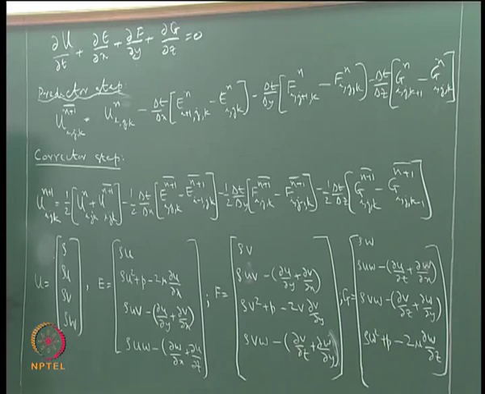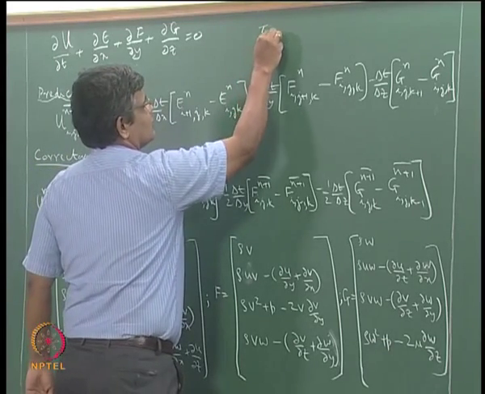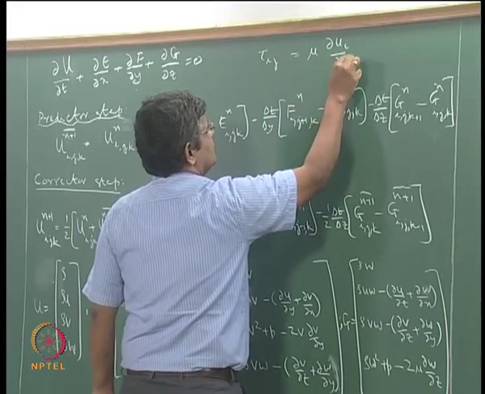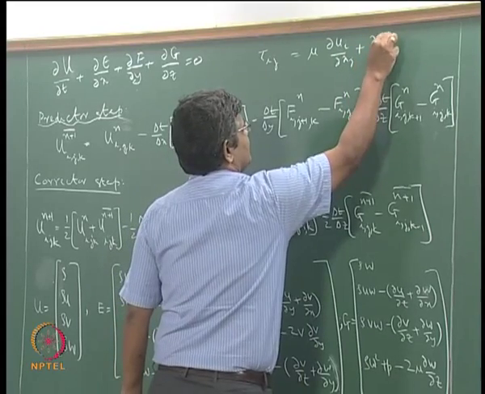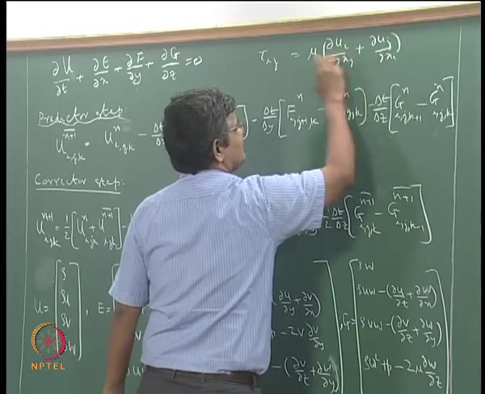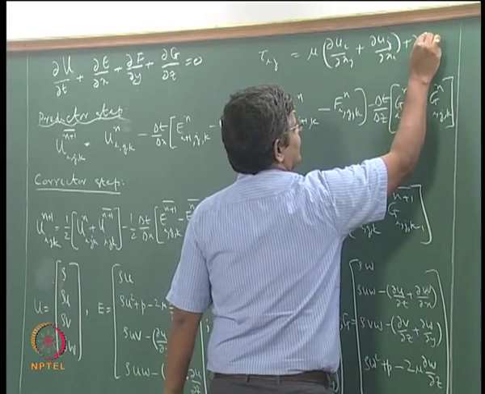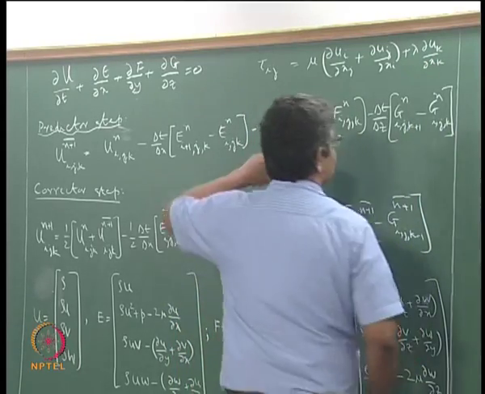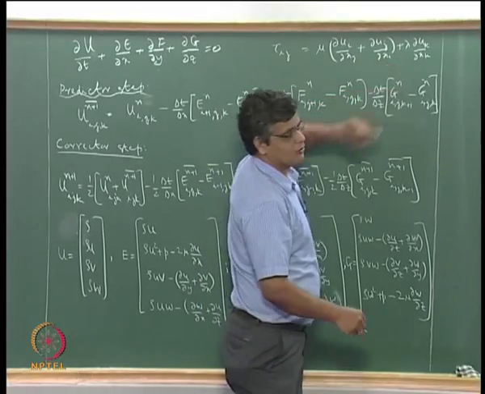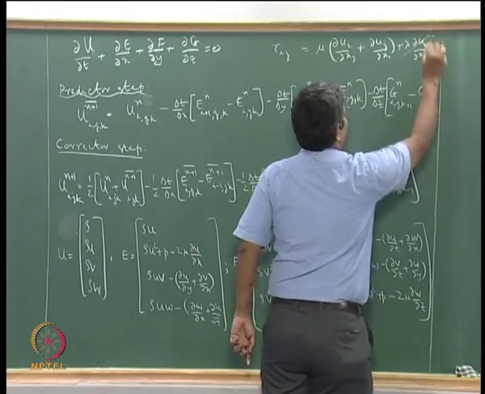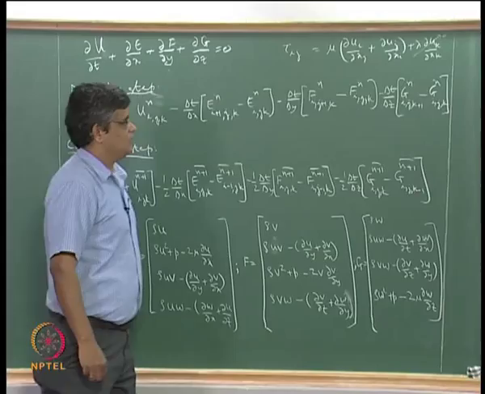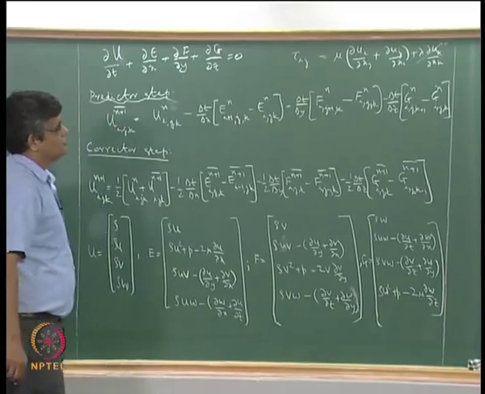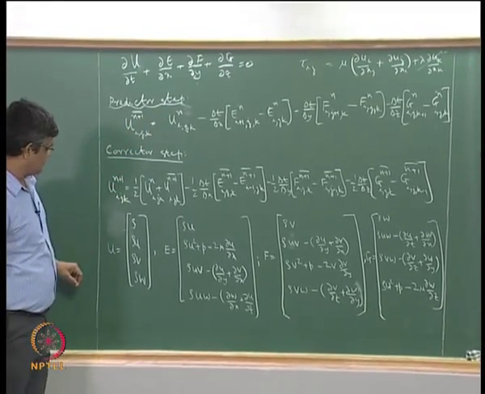We are looking at the case where tau ij is expressed as dou u i by dou x j plus dou u j by dou x i times viscosity plus the second coefficient of viscosity times dou u k by dou x k, and we are neglecting the second coefficient of viscosity as being unimportant and also as being undetermined. So we have a tau ij given like this, that is for a Newtonian fluid,